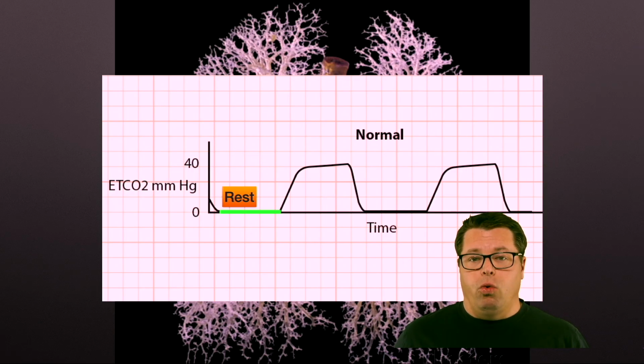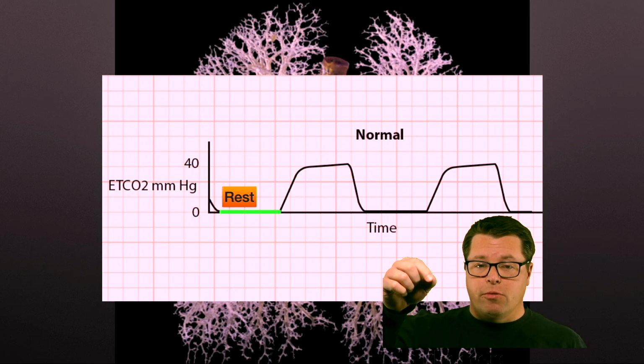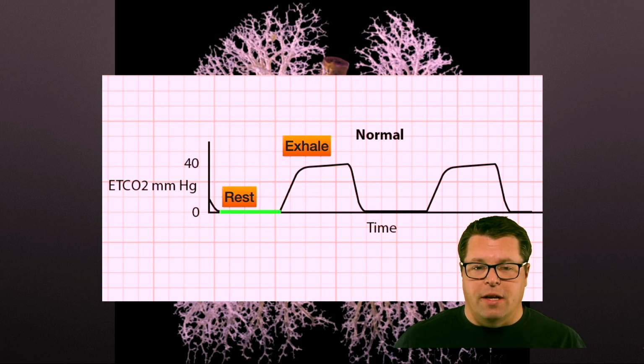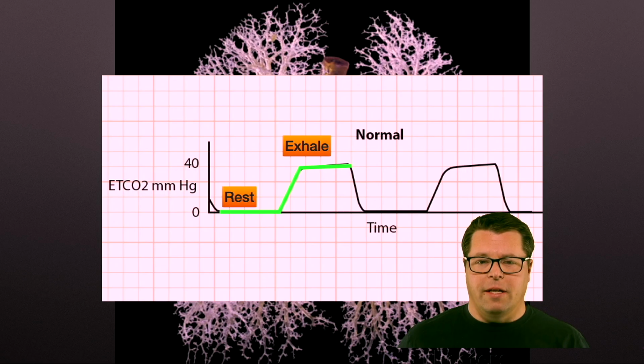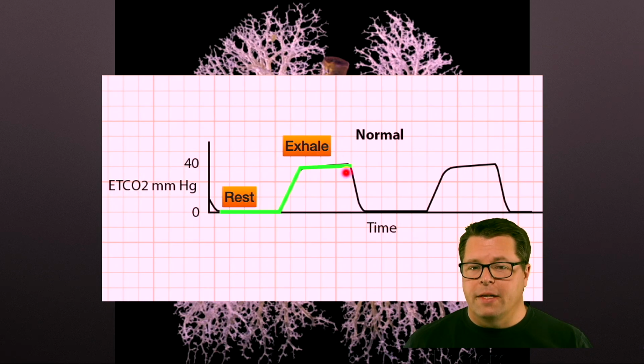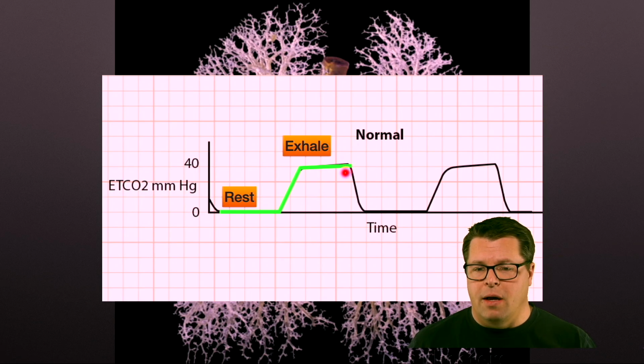When I breathe out, I blow CO2 from my body back past that sensor, and I generate this sudden uptick. So this is all exhalation. The wave itself is exhalation, and it is movement of CO2 from somewhere deep in my airway past the sensor one way or the other. Now, I've exhaled and generated that plateau. This is when we talk about your end tidal CO2, this is what you're actually measuring. Now, when I take another breath back in,